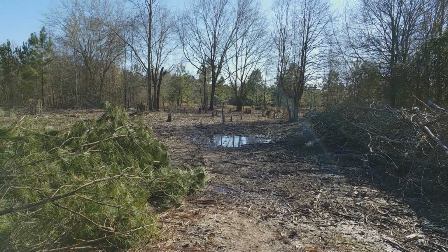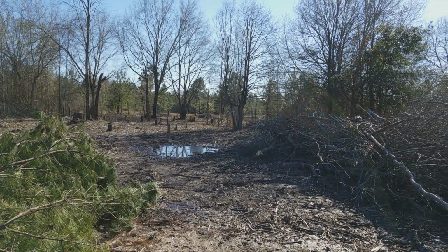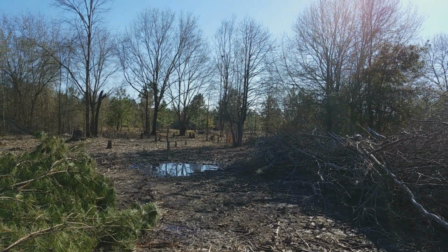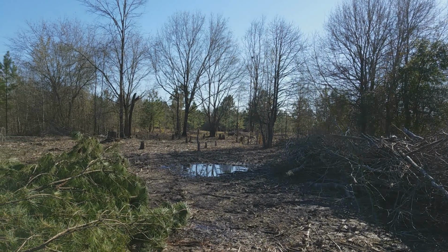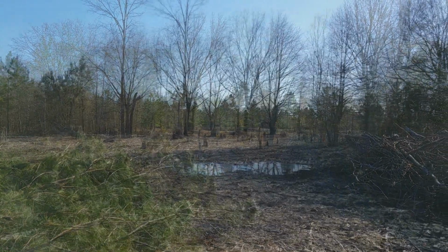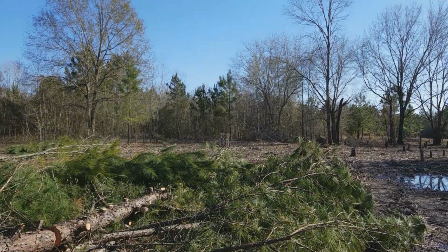Good bit of area cleared. Kind of went back there with that Diamond brush hog mower, and you can see most of that was very small, just kind of overgrown grass and brush. So we've got a fairly good clearing there. These oak trees that should be about 2,100